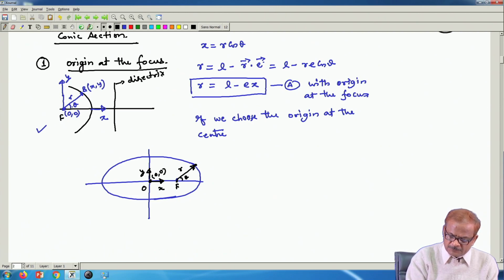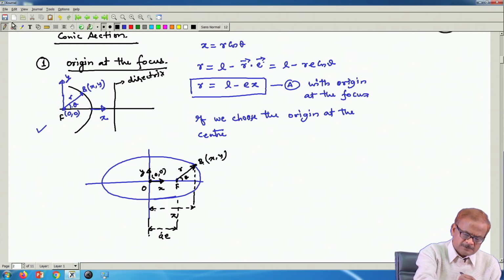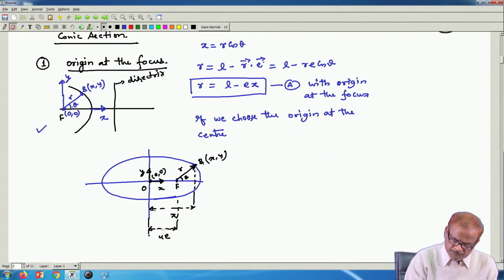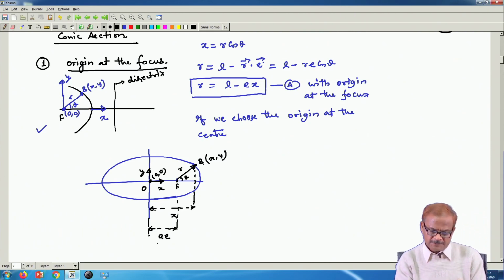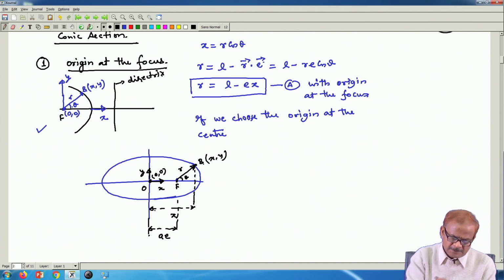Now the distance to this point B, still the coordinates will be (x, y). So, this distance is x, but this distance will be a times e, which I have not shown you yet. So, this distance is a times e, and therefore,